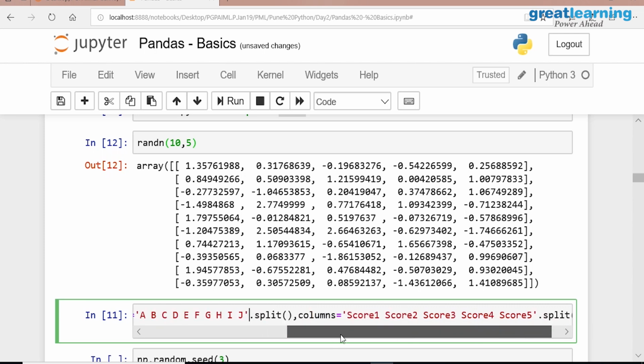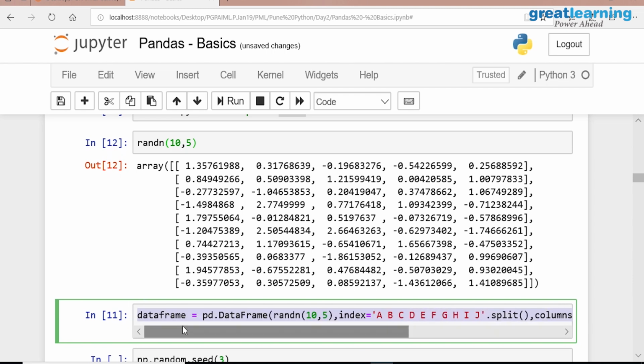The other way I can create is simply a list, list dot ABCD of. Correct. Then I am creating, and these are all my scores: score 1, score 2, score 3 like this. I am creating this particular thing. What will happen now? The same thing will appear as